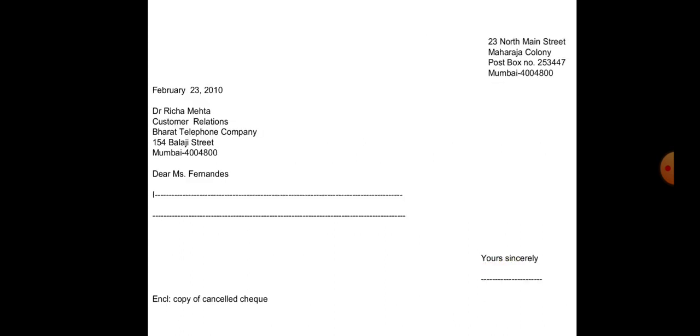So how does this modified block format look? Just go through the example. Here is an example of modified block format, and from that format you can understand how it can be done. Just go through this format, and here we can understand everything. Nothing is omitted here, everything is included. Even alignments are also changed.